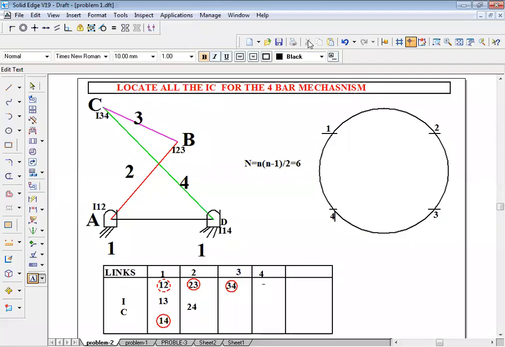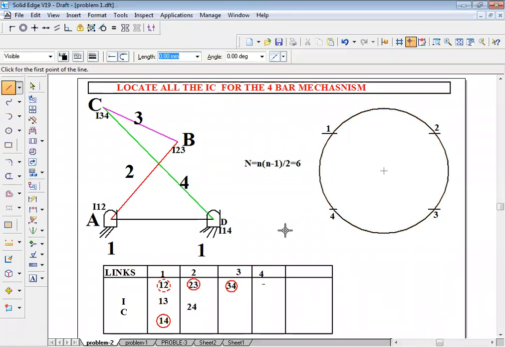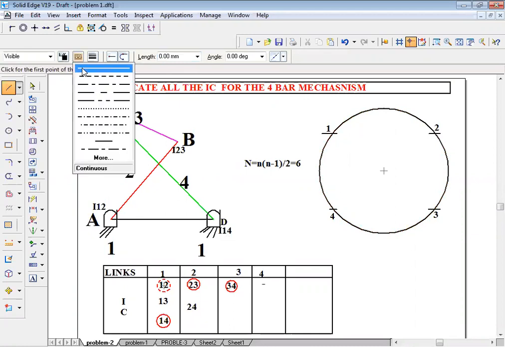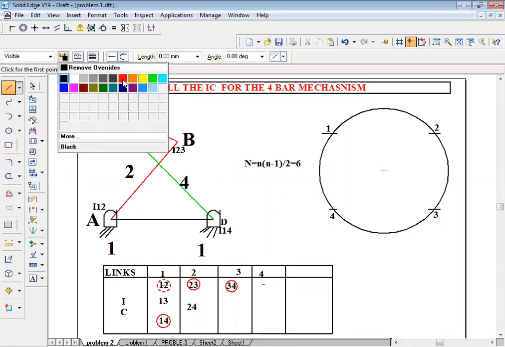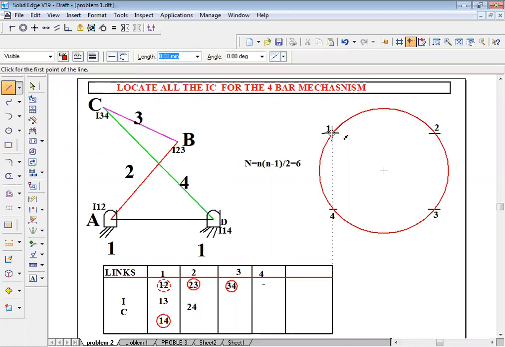Now you can see I12. I12 I know completely, I already located it. Therefore, I'm going to draw a thick line joining I12. Next, come to I23.